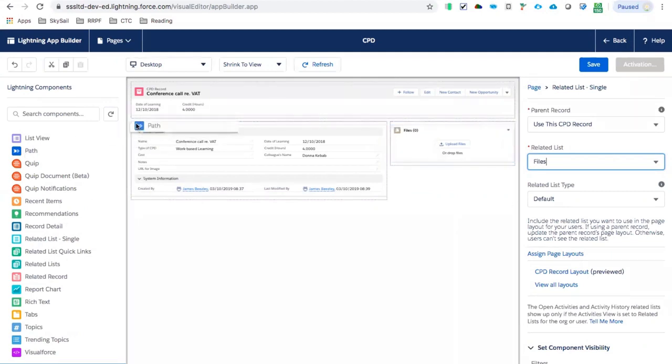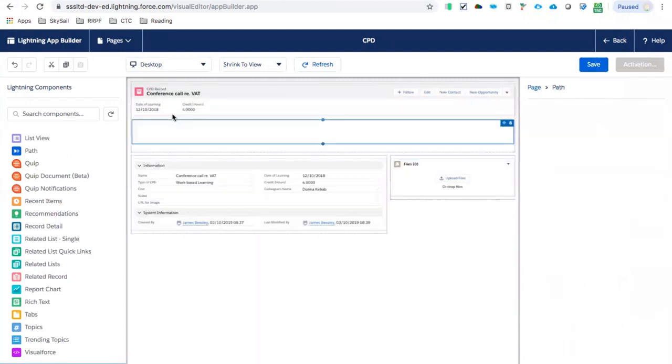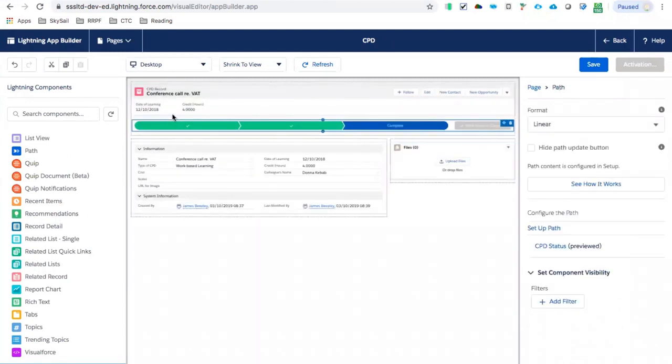Across the top, underneath the highlights panel, we'll drop a path. This is the kind of visual representation of a pick list. You have planned for the first green section here, in progress, then complete. And last but not least, just thinking this through, if you want to upload your learning evidence, you don't really